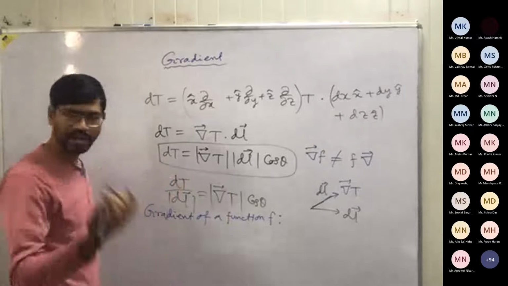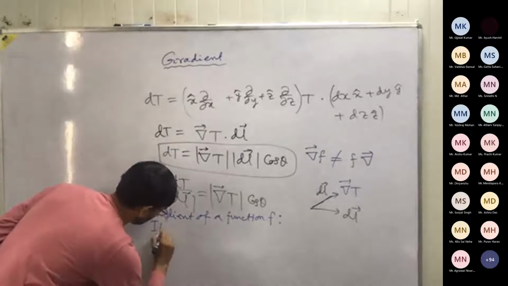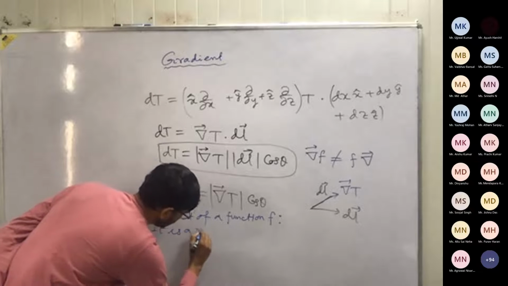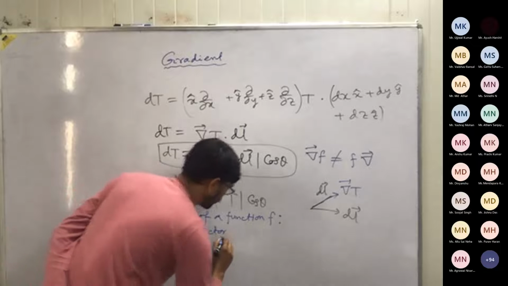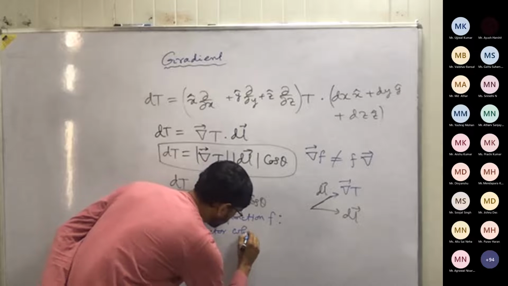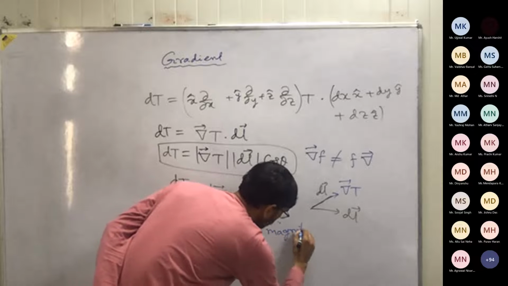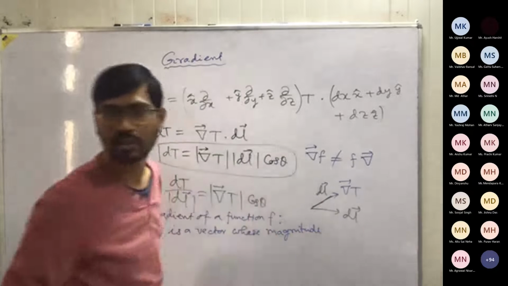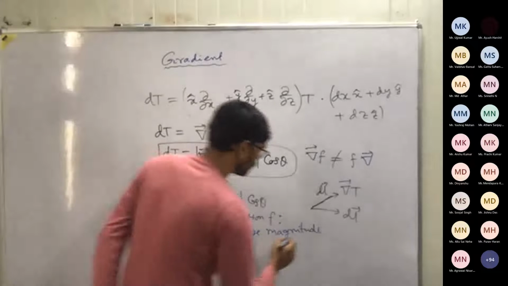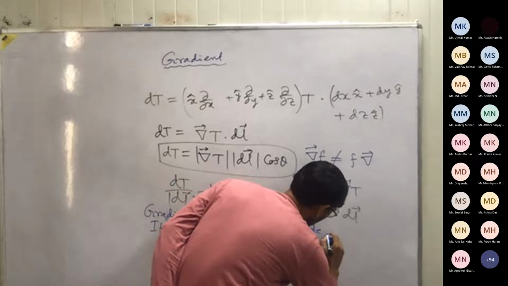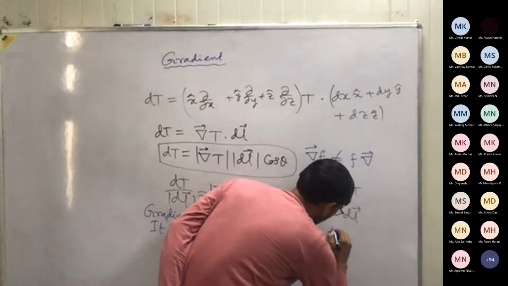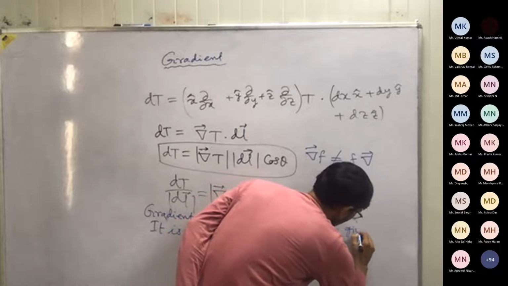Obviously this is a vector. Okay, it is a vector whose magnitude is given by